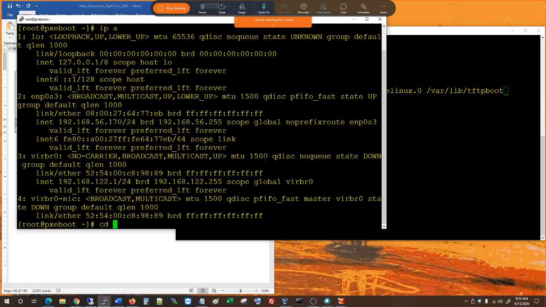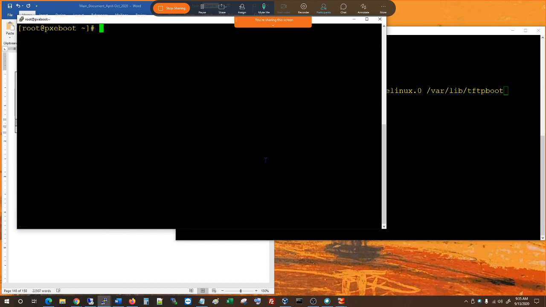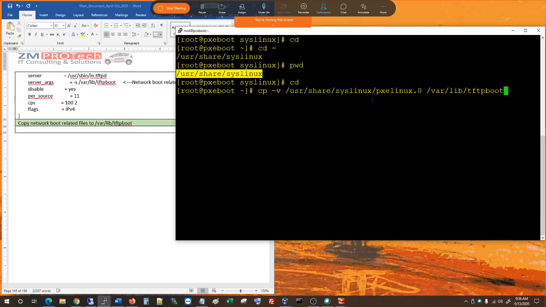So I'm gonna clear, cd /var/lib/tftpboot. Okay, now we should have some, starting to put some files in there. We're gonna copy these configuration files into this folder here. Okay, so we copy this file there,